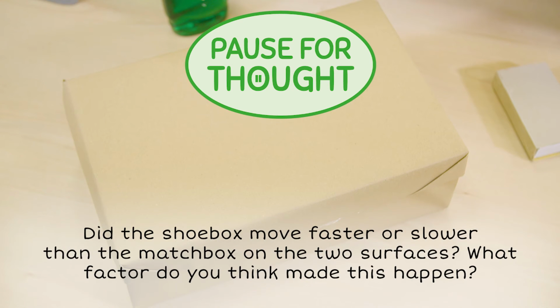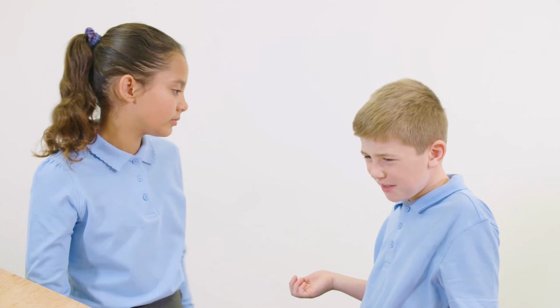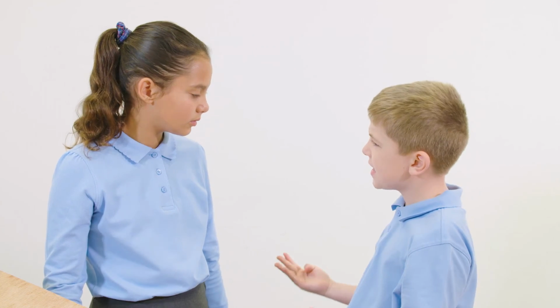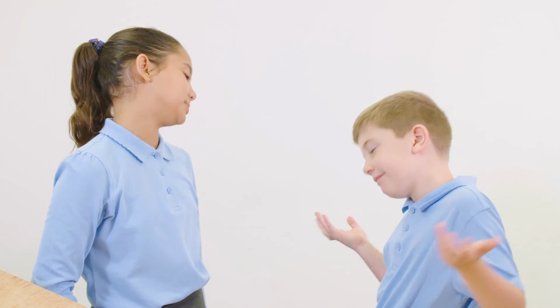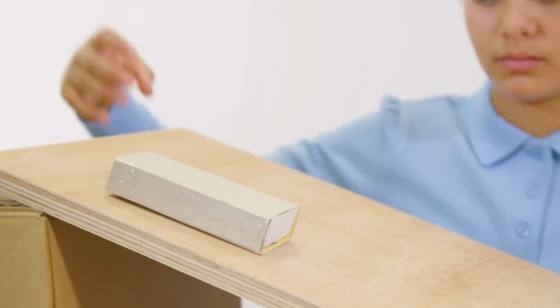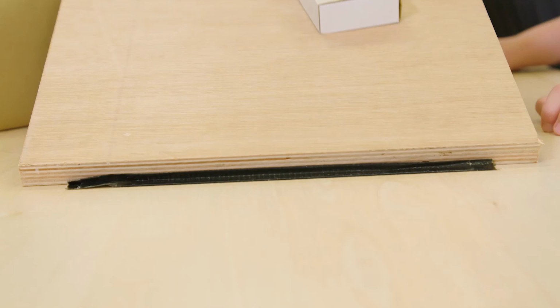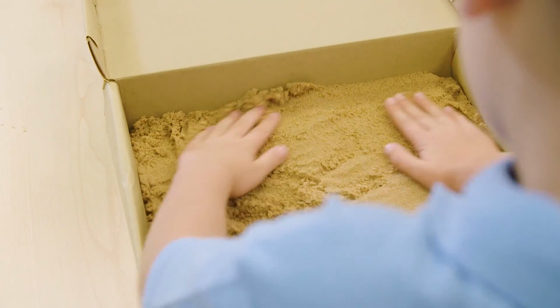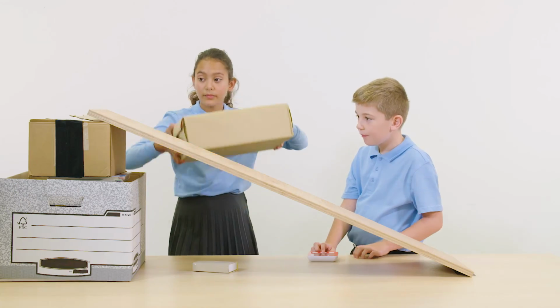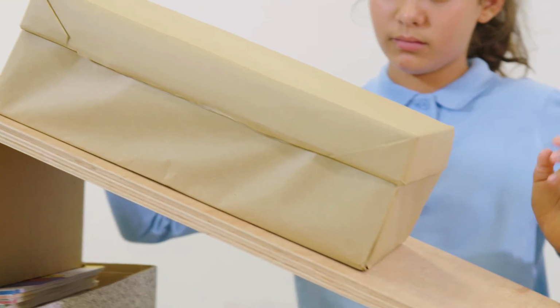Did the shoebox move faster or slower than the matchbox on the 2 surfaces? What factor do you think made this happen? The shoebox was slower than the matchbox on both surfaces. I think the shoebox was slower because it was heavier than the matchbox. Friction also depends on the weight of an object. A heavier object, such as the shoebox filled with sand, exerts a greater frictional force. This is why the shoebox moved more